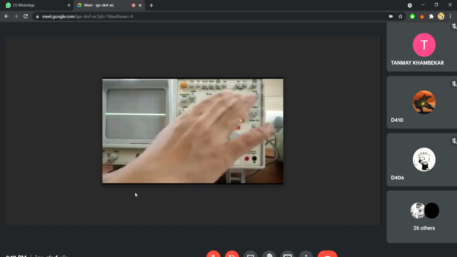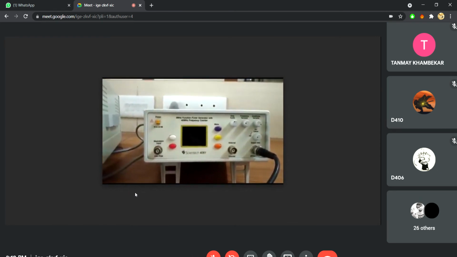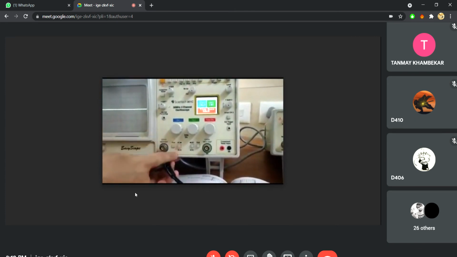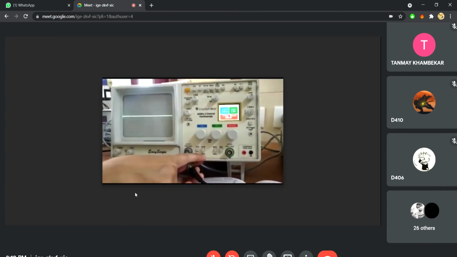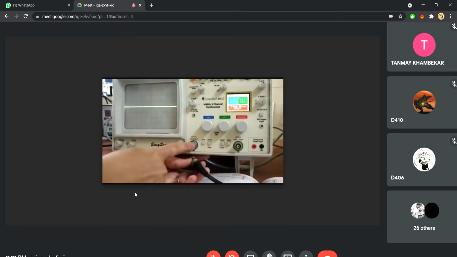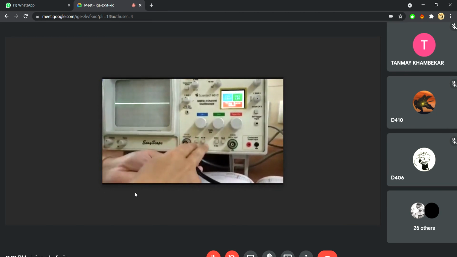Secondly, the next thing is we have to give the signal. This signal will be a sine wave. Here again, just see, AC and DC are there. If I am giving a DC signal, the button should be pressed. If I press it, I can give this DC signal. I'm going to give an AC signal, so I have to keep this outside. So remember these two things.